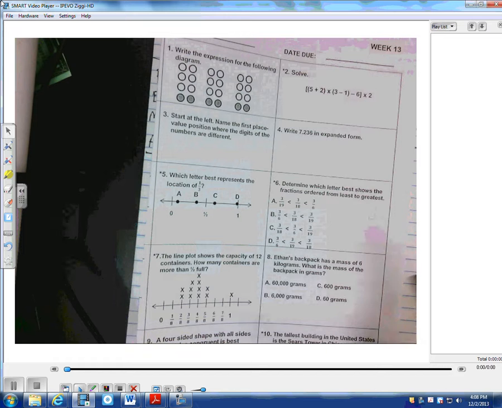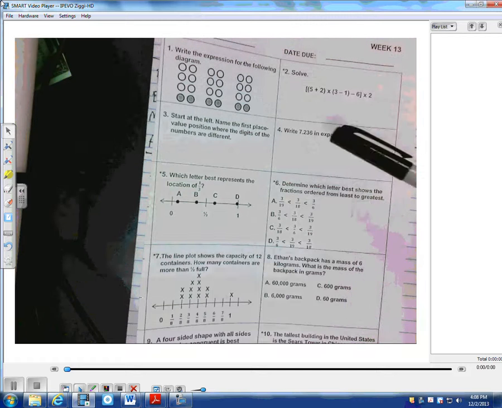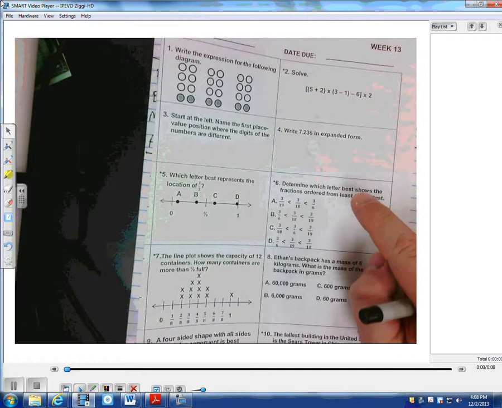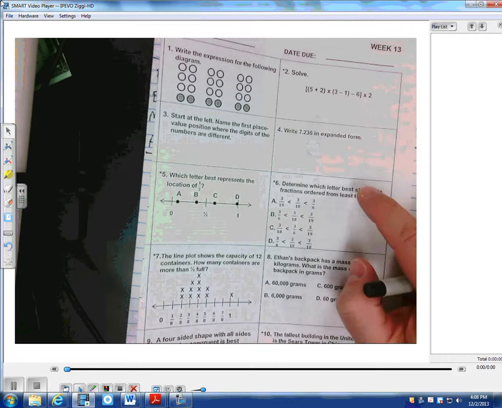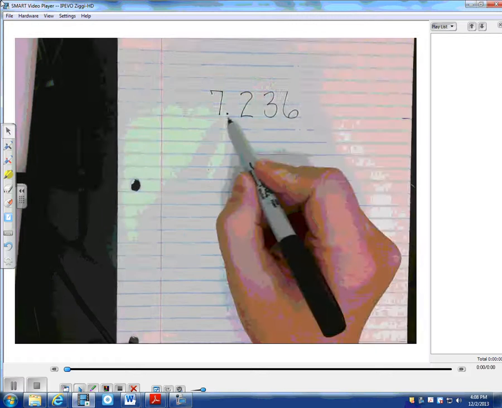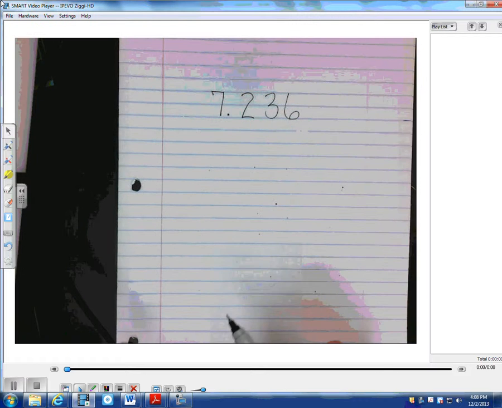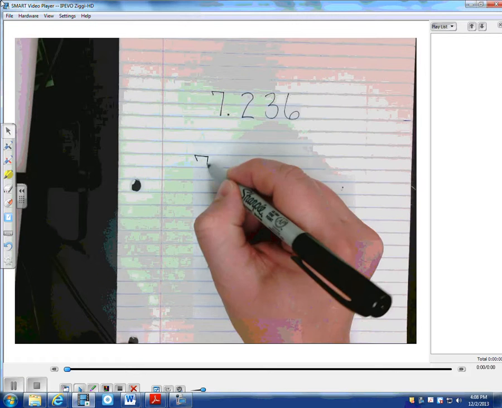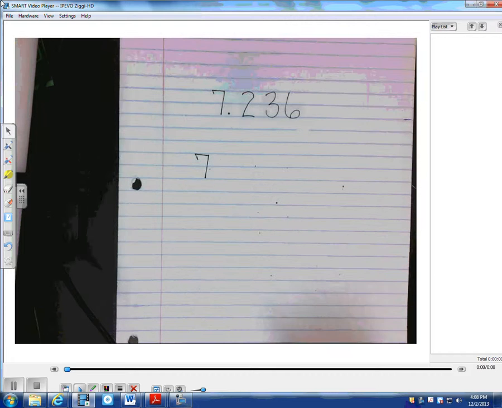This is a problem like we have on our weekly works. So it's write 7 and 236 thousandths in expanded form. So let's look at number 4. Okay, so if I'm writing in expanded form, I have my whole number here, 7. That's my whole number. So I'm going to be adding that